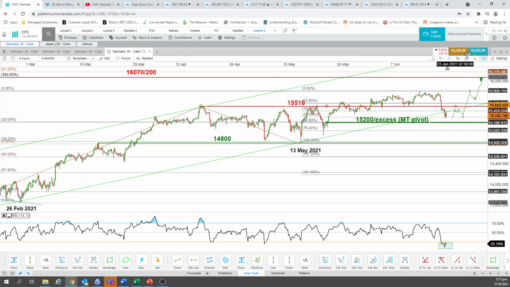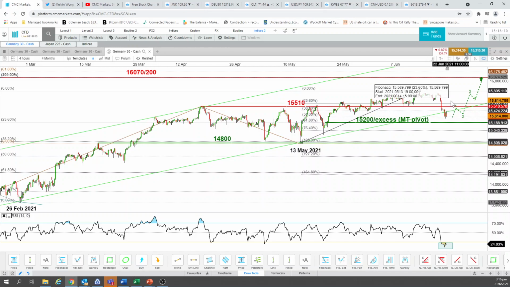But to reinforce this start of a new impulsive up move, to see a higher high or a fresh all-time high, it has to break above 15,510. That means a 4-hour close above 15,510, which was actually the former support level. And today's Asia has actually broken, so now it turns to a pullback into a resistance at 15,510, for us to be more confident